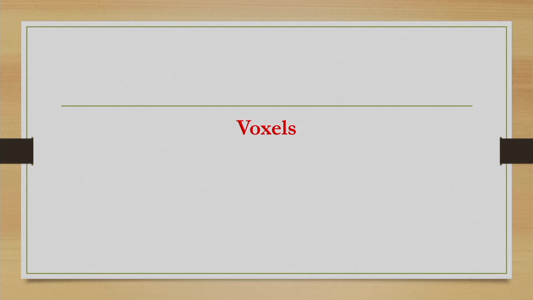Now, there is one important concept in space partitioning techniques. This is called voxels. You have heard of pixels. So, we mentioned this term earlier. This is the smallest display unit, and on a display screen we assume that there is a pixel grid. Similarly, voxel is basically the 3D counterpart of the concept of pixel. Voxel is the smallest unit of representation in a 3D space.